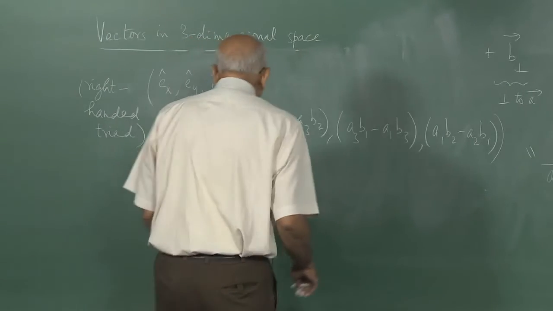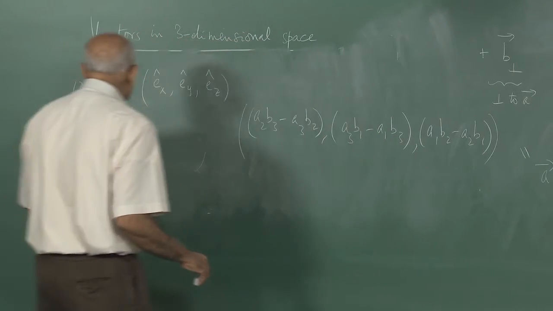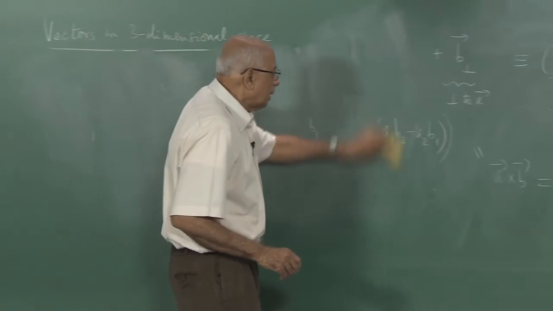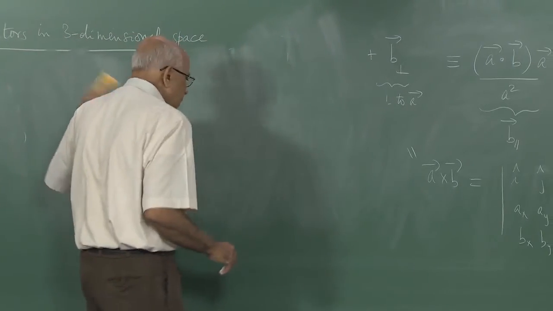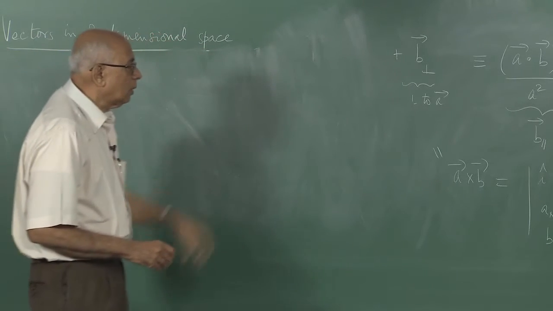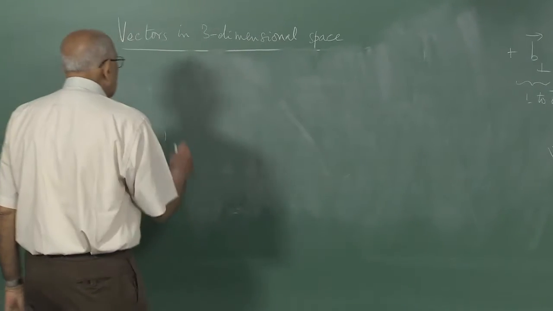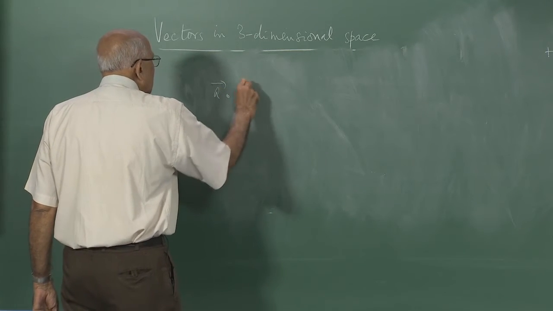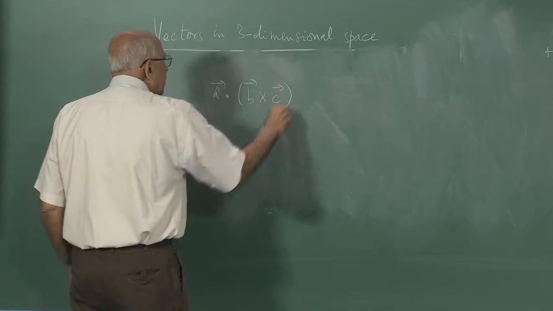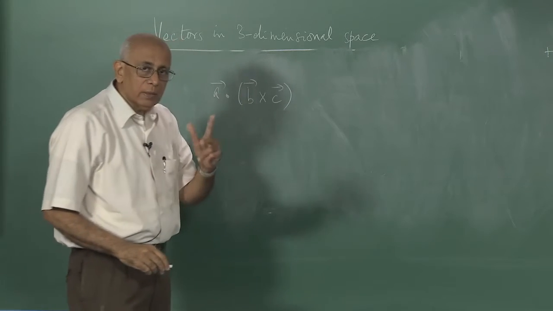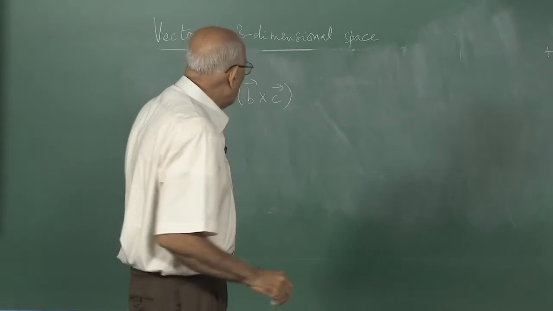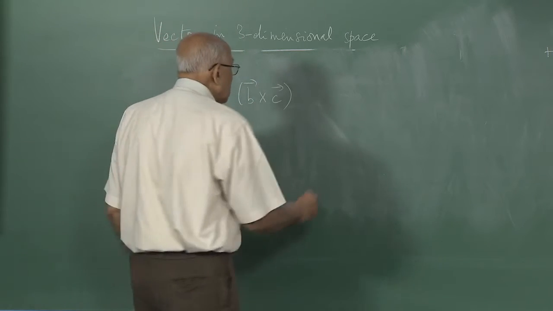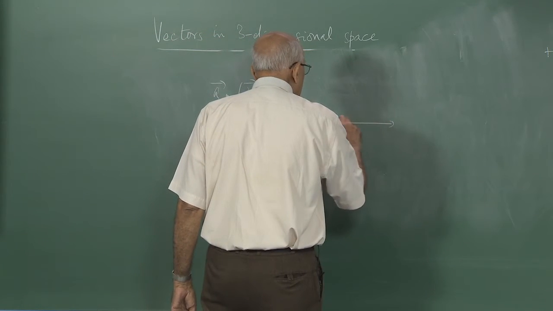All right. Now the next thing we need is the following. We have seen what the geometrical meaning of A cross B is in terms of the area of a parallelogram. And the question we could ask then is, what is this quantity A dot B cross C? If you give me 3 vectors A, B and C in three-dimensional space, what is the meaning of A dot B cross C? Well, that is not very hard to figure out, because if these vectors are in this fashion,